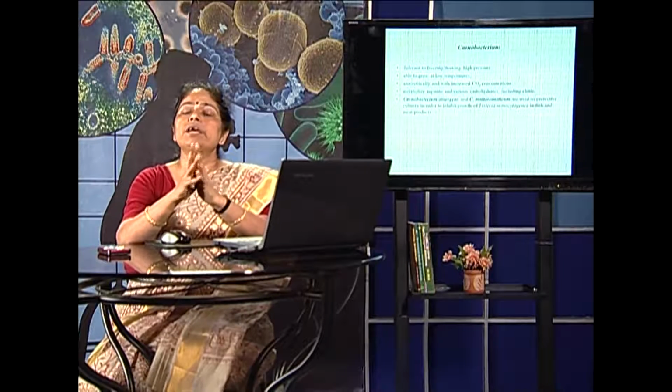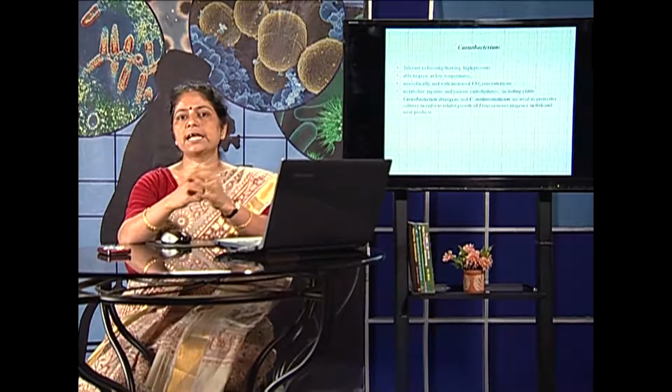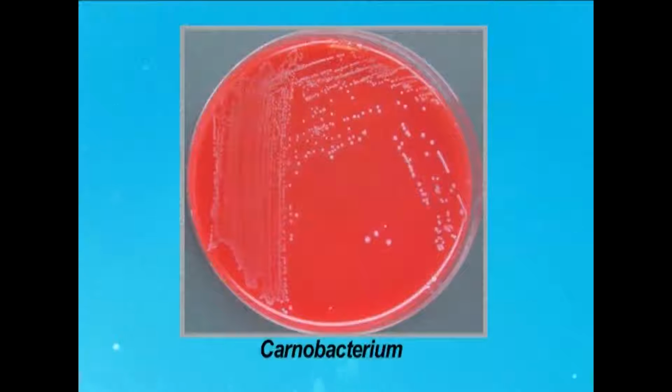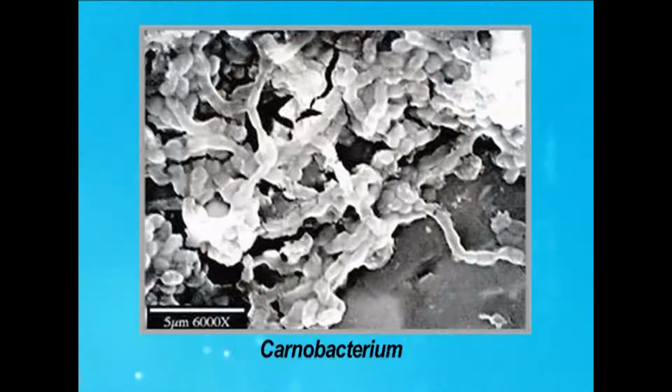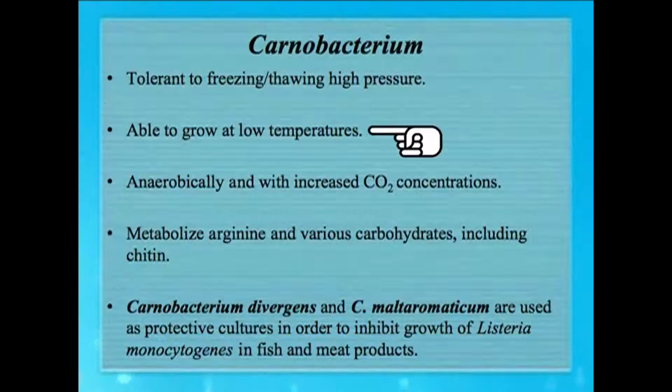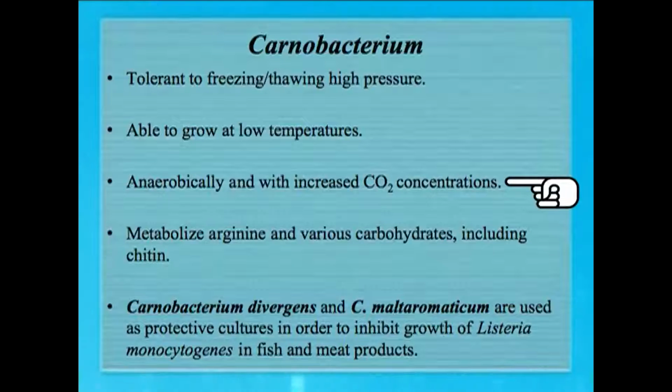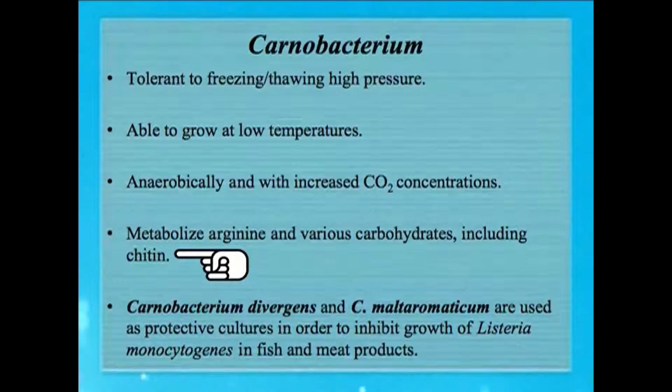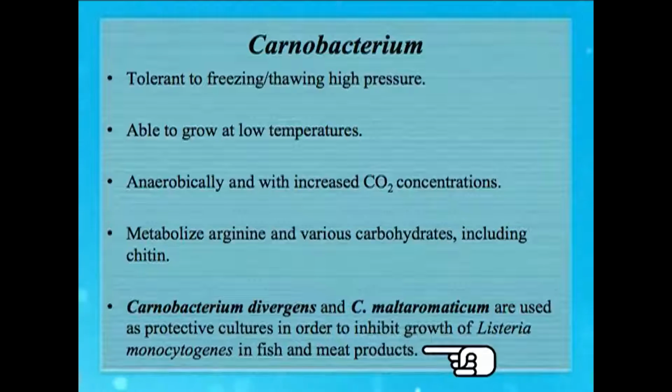Coming to a very special genus of lactic acid bacteria, Carnobacterium. This is a newly discovered genus, and the speciality of this bacterium is that it can tolerate high pressure, it can tolerate freezing temperature, and it can grow anaerobically with increased concentration of carbon dioxide. It can also metabolize arginine and various carbohydrates including chitin, and therefore these bacteria, especially Carnobacterium divergens and Carnobacterium maltaromaticum,